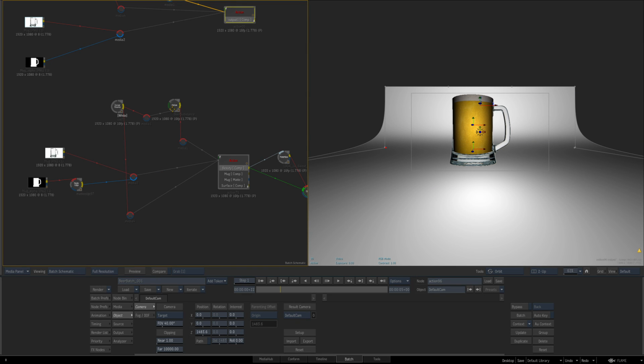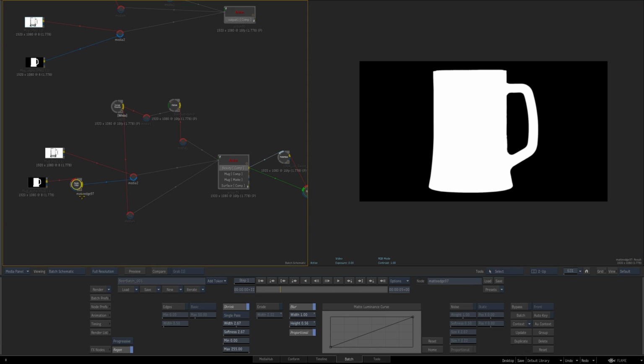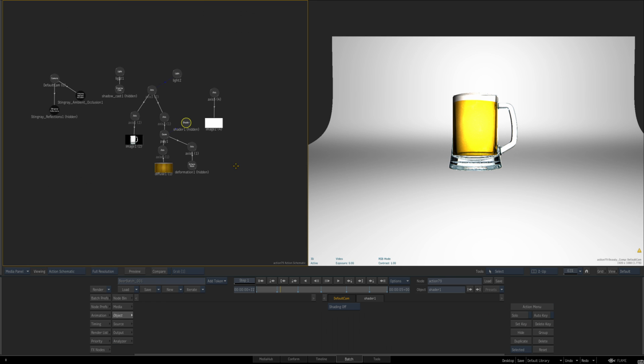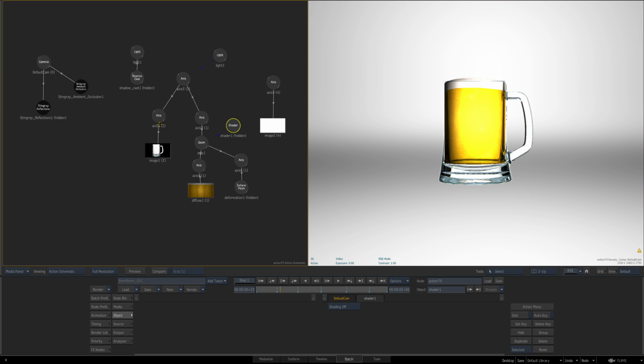It's got my beer source here that's feeding it, and then I did add a matte edge node in here so I could shrink and blur the matte a bit so you can see it's a little bit cleaner. If I just bypass it, it's a little bit rougher, so I wanted to clean that a little bit and just took that into action here and kind of show you it's not much bigger as far as the nodes are concerned, but what I did